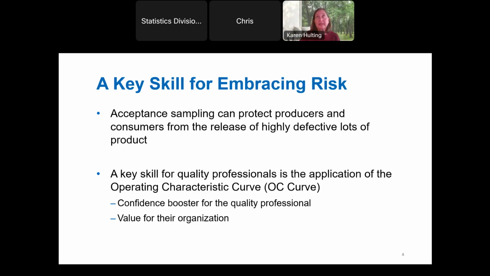Now, the reason that I call it a key skill is that it is a huge confidence booster when folks who need to use this methodology, especially in this webinar, we're talking about folks who would use this as auditors and folks who would use this in an audit, right? That conversation, I find that the more both people on either side of that conversation in an audit understand this terminology and understand where the terminology can be confusing, it's very helpful. So you're going to be a great value to your organization the more you understand about this technology of an operating characteristic curve or acceptance sampling.